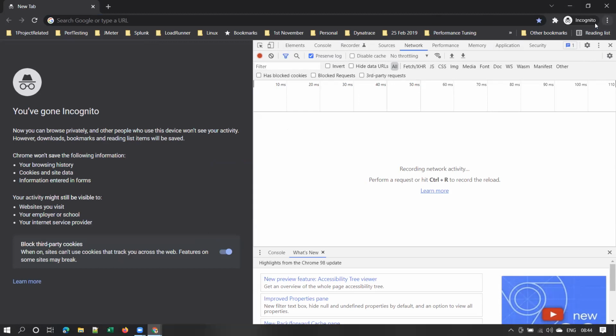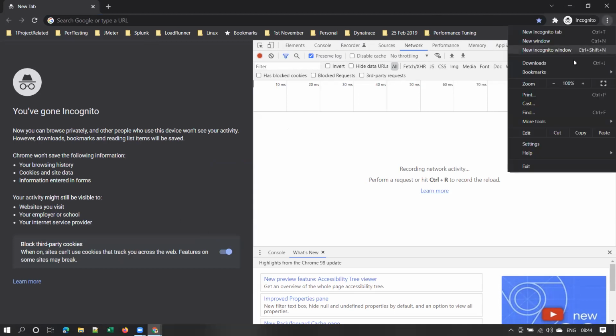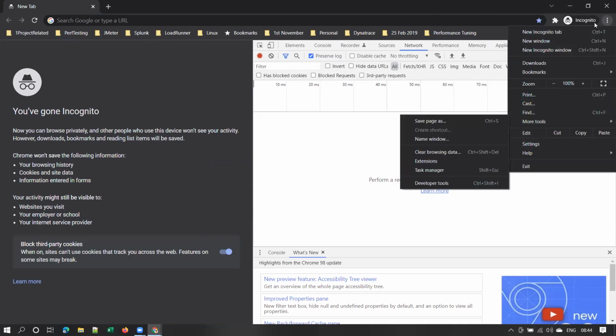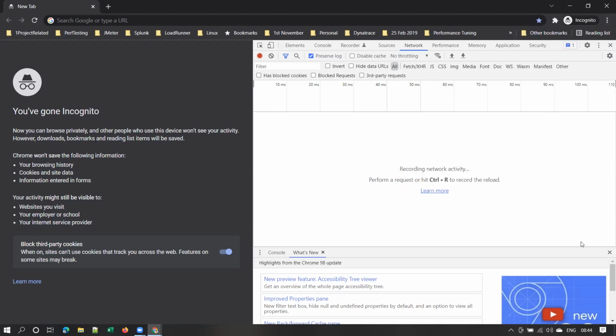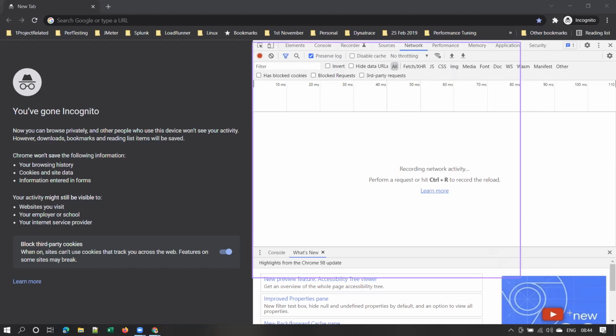Can you please open a private browser and press F12 on your keyboard, everyone? Or else you can also go to the 3 dots on the top right, then more tools, and select developer tools. This window that you are seeing is called developer tools. You have seen that already in the previous session. Whatever I have highlighted is called developer tools.